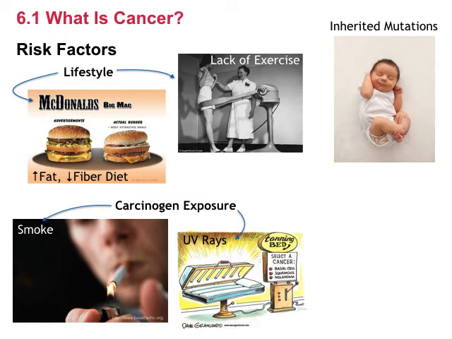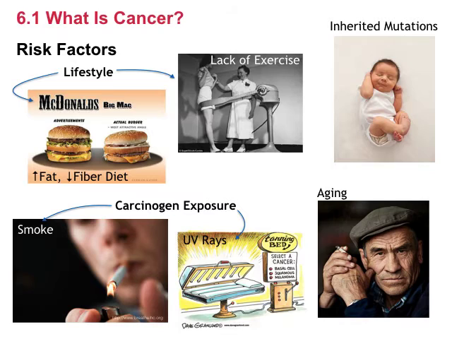And there's other mutations you can inherit. So if you have a family history of cancer, you should be aware that it is a possibility that you have inherited that risk. And then finally, aging. If none of these things get you, you're still not safe, because ultimately aging, if you live long enough, you will get cancer, because as your cells have divided for thousands, if not millions of times, by the time you're an old man, they will have acquired by chance mutations in important genes that control the cell